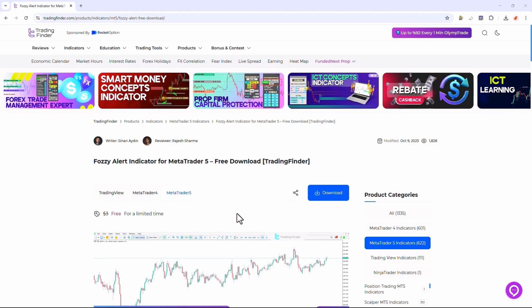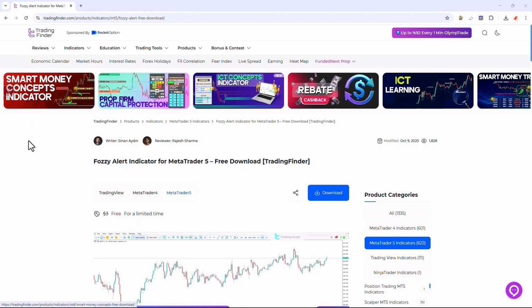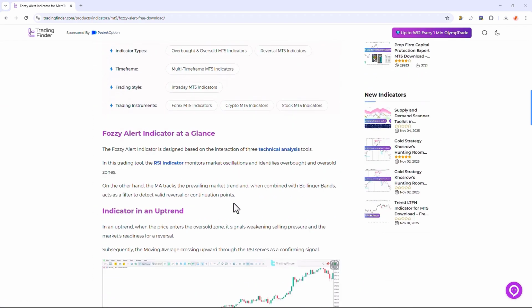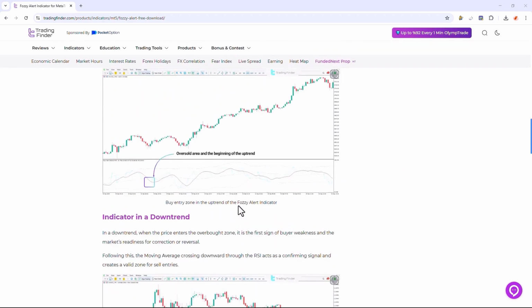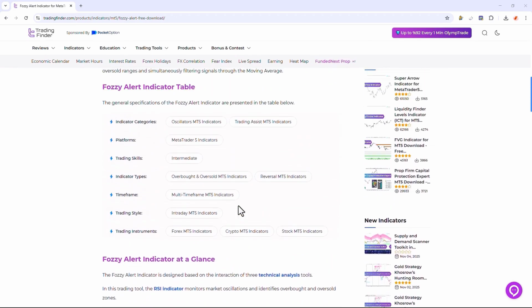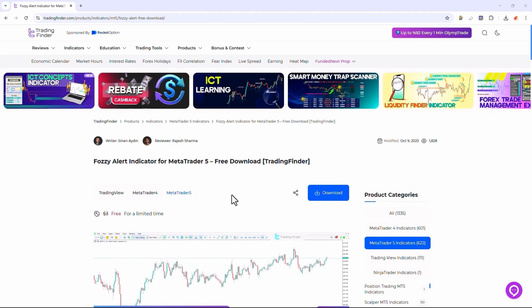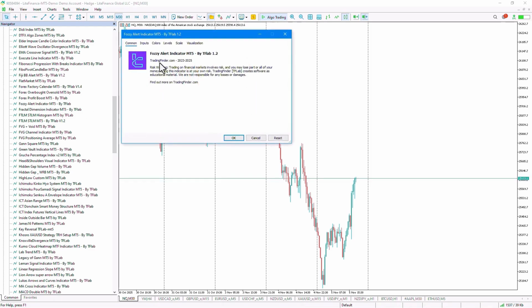The Alert Indicator tool, which is offered for various platforms on the TradingFinder website. Traders can download the indicator file for platforms such as MetaTrader 4 and MetaTrader 5 from this section, and to learn how it works and how to use it, they can refer to this page. From the Navigator section, we select the indicator file, and by dragging the file onto the chart, we run the